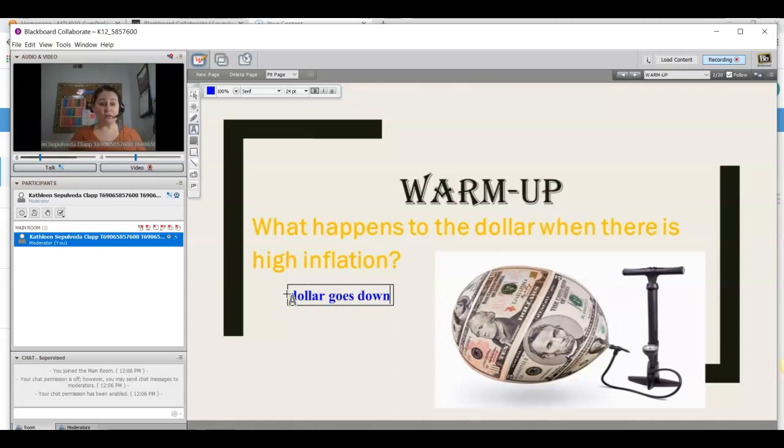So when the dollar goes down, that means the value of that dollar is lower than what it should be. So it's going to take more dollars to pay for something. So it's important that you know what inflation is, and inflation is obviously the cost of something. And so when you have the high cost of something, the value of the dollar goes down. And so when you're looking at world economics, you know that it all has to do with how well the currency is doing of that particular country.